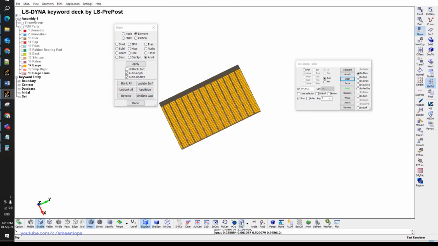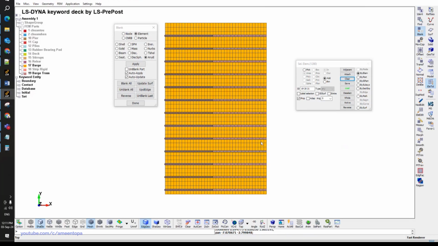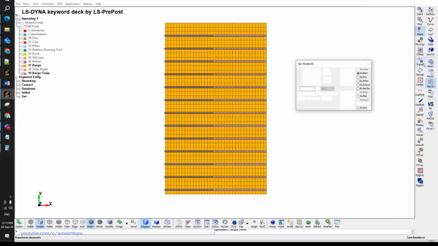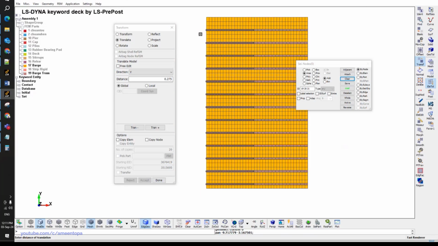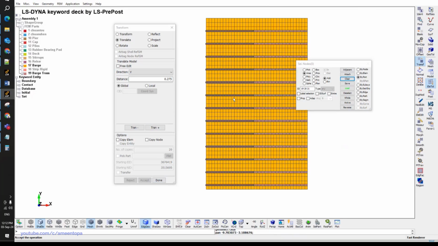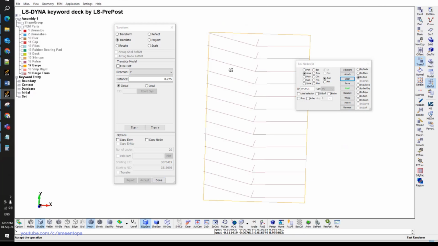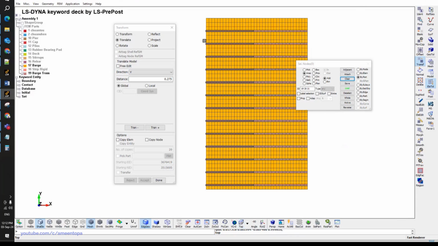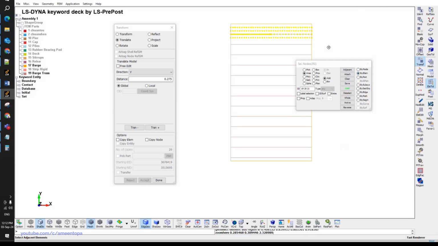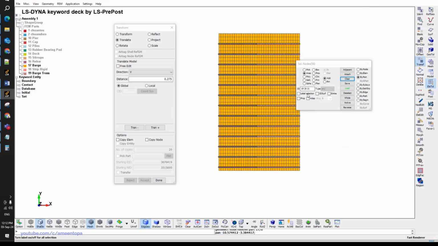Okay. Now I just need to rearrange this to make it better. So here, click by element, make an area. Oh, sorry, unblank. Unblank class. Transform. Like this. Part, delete, remove. Okay. Oh, sorry. Element. Part, remove the part. And then